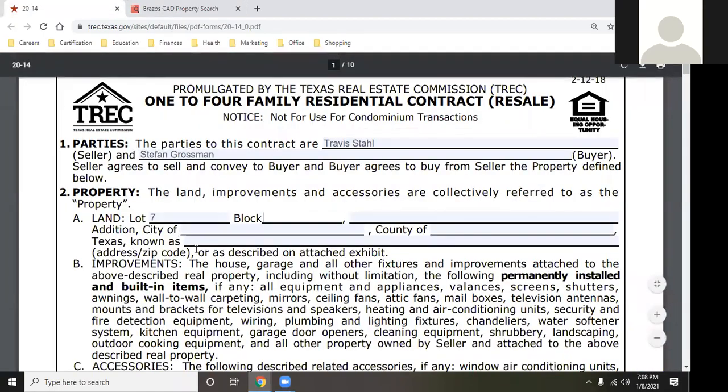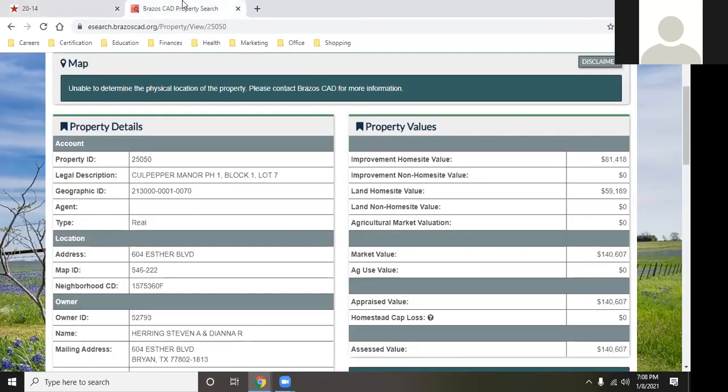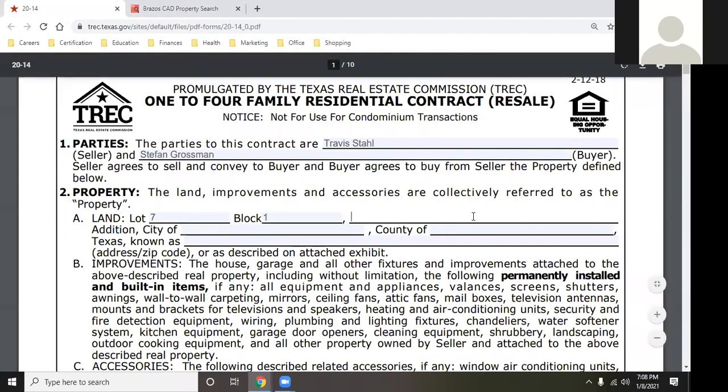We're going to go lot 7, block 1, and then you're going to take all of the rest of this stuff to there, because you already did lot and block. You're going to copy it, and you're going to put it over here. Okay. Now it's located in Bryan,